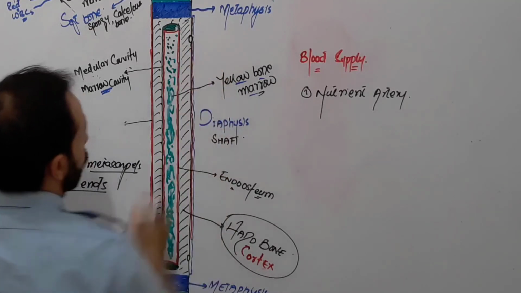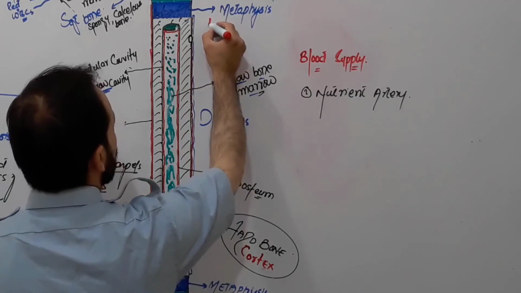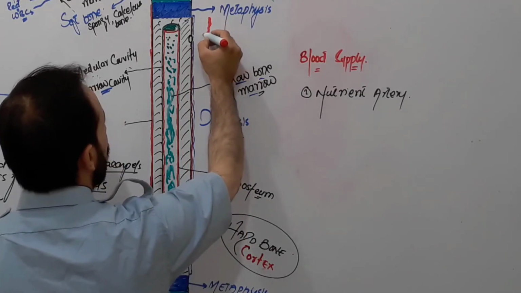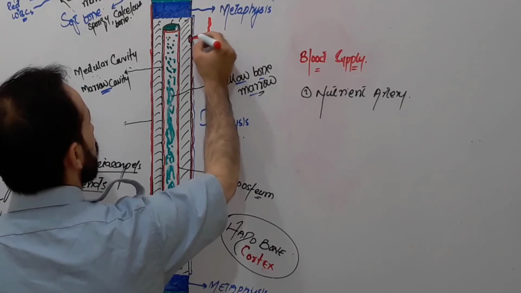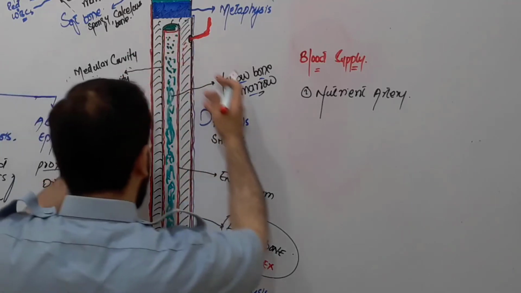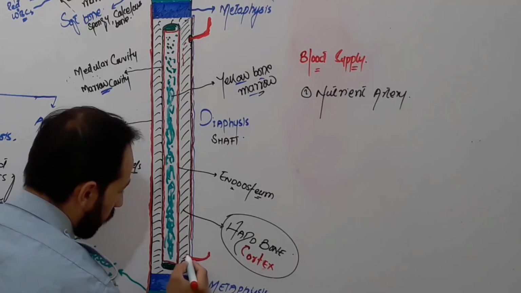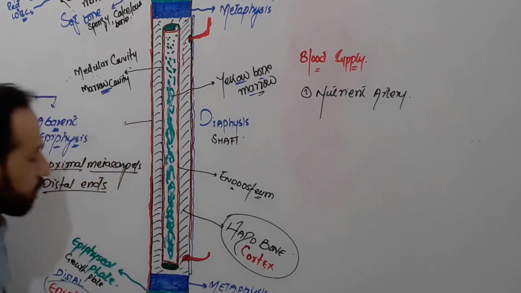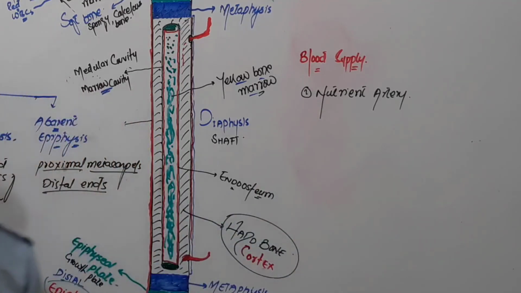Through this foramen a large artery enters the bone, and this artery is called the nutrient artery. This artery enters the bone and starts giving branches. So if someone asks where long bones receive their blood from, they receive it from nutrient arteries,